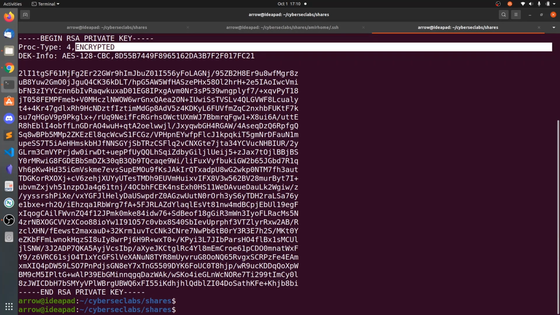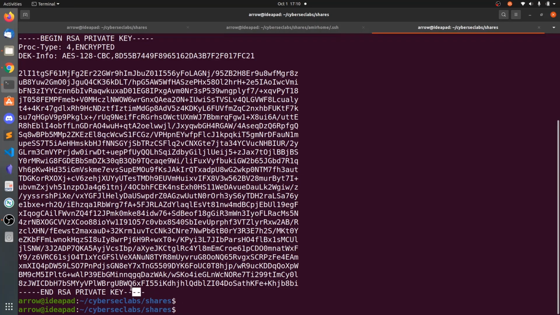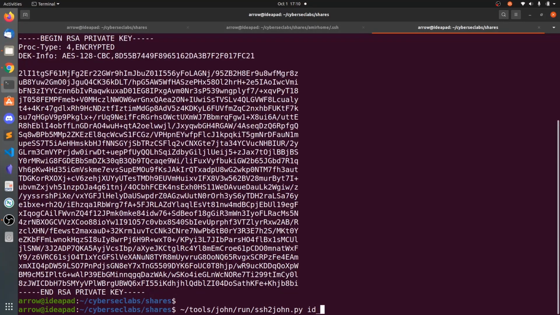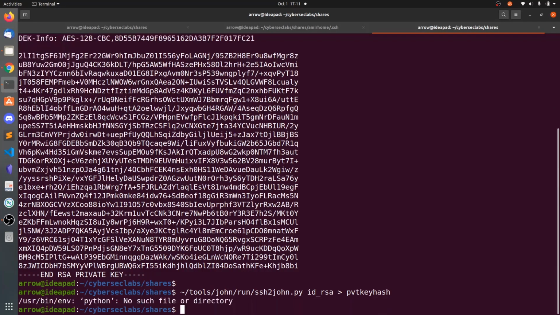So before that we need to convert this into the John hashable format. For that we need to use the tool called ssh2john. ssh2john.py, the argument is id_rsa, and pipe the output to private_key_hash.